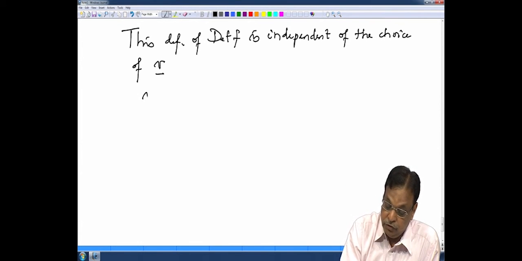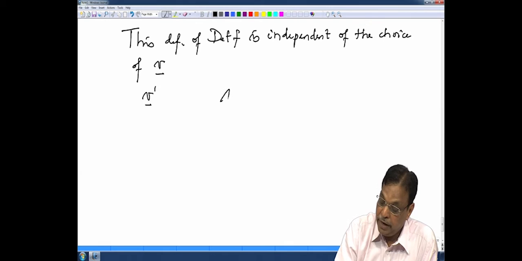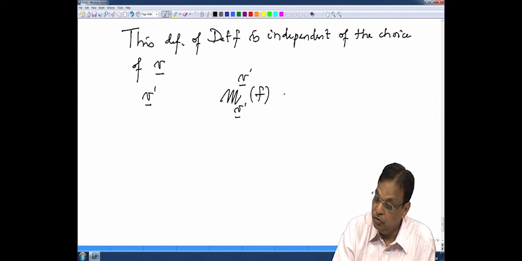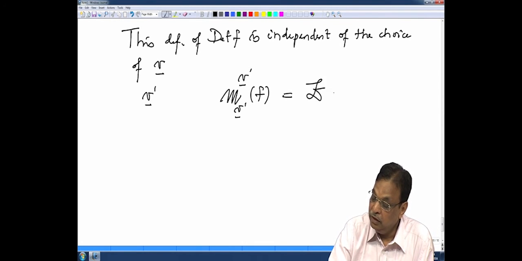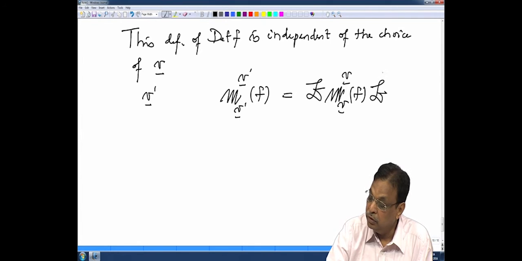If I have another basis V prime, then the matrix of f with respect to the basis V prime is B M_V^V(f) B inverse, where